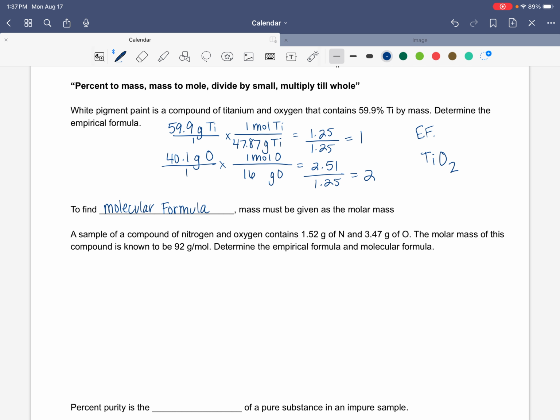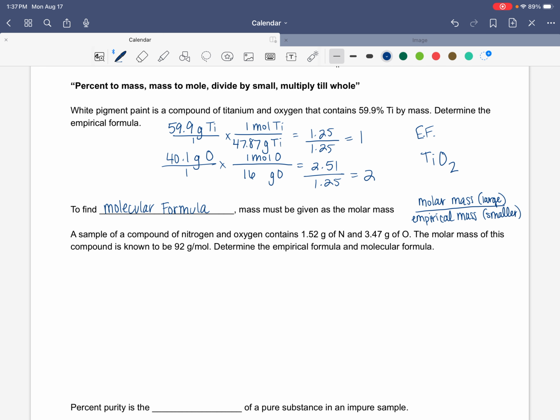Once we have the molar mass, we're going to take the molar mass that's given, which is generally a large number, and divide it by the empirical mass, which is a smaller number. So then it'll give us a whole number that's going to be our multiplier that we're going to multiply each